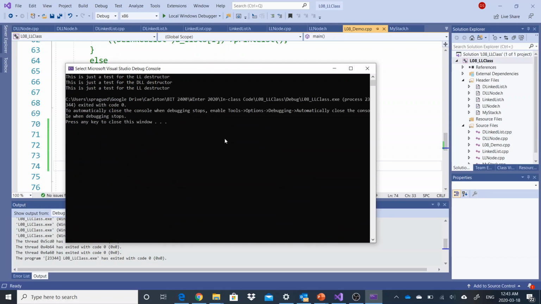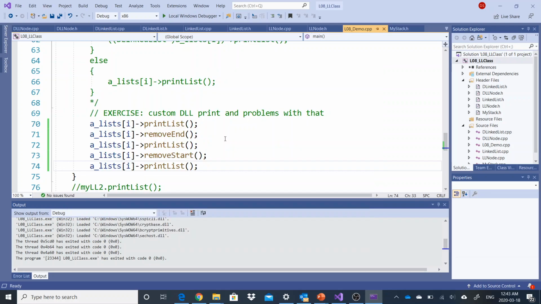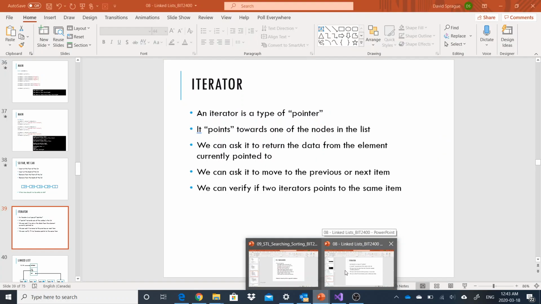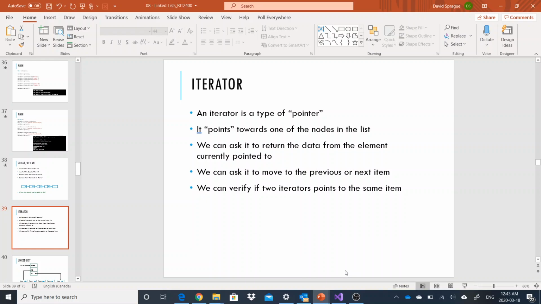So I'm going to look into that bug in a little while, because I don't want to do it live right now. What I'm going to do is finish off what we're doing with iterators and linked lists, and then I will look at stacks and queues at another lecture. Then we'll do a review of the code for the stacks and queues after that. So here is an